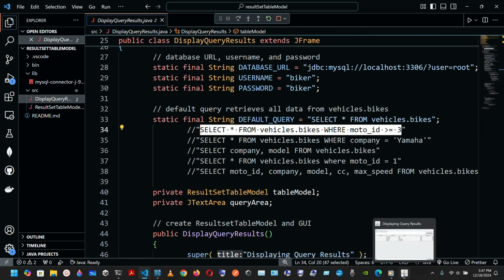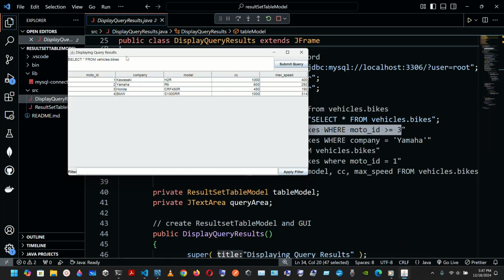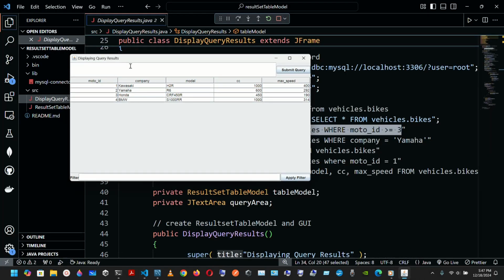We're gonna go to our GUI, and here we're gonna have select from the database vehicles, the table bikes, where the model ID is greater than or equal to 3. So let's submit it, and as you can see, we have the ID 3 and 4,